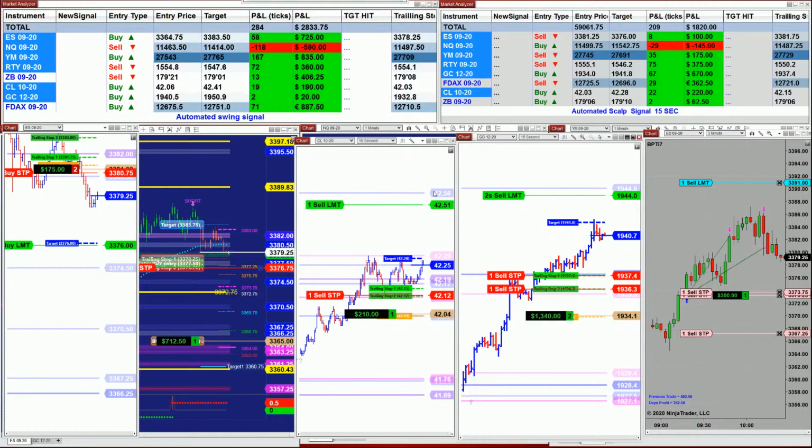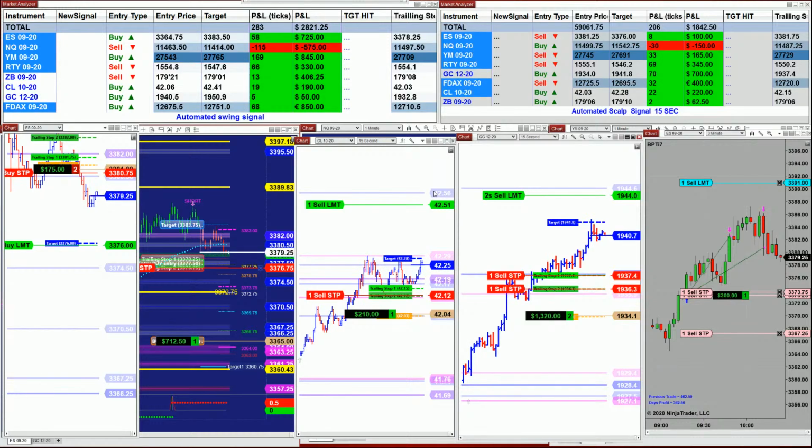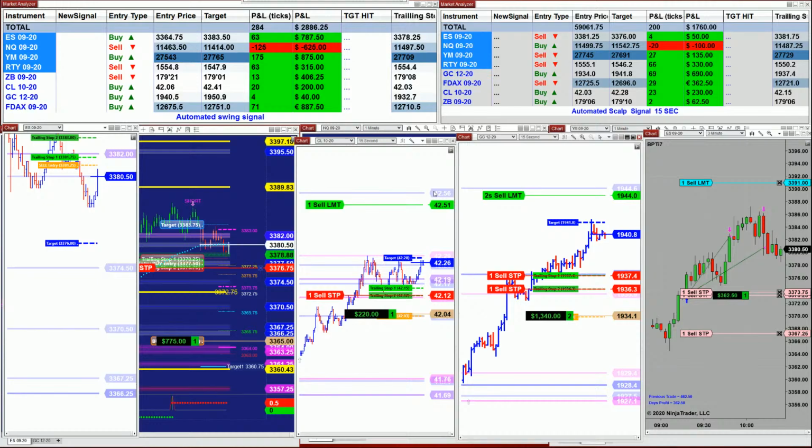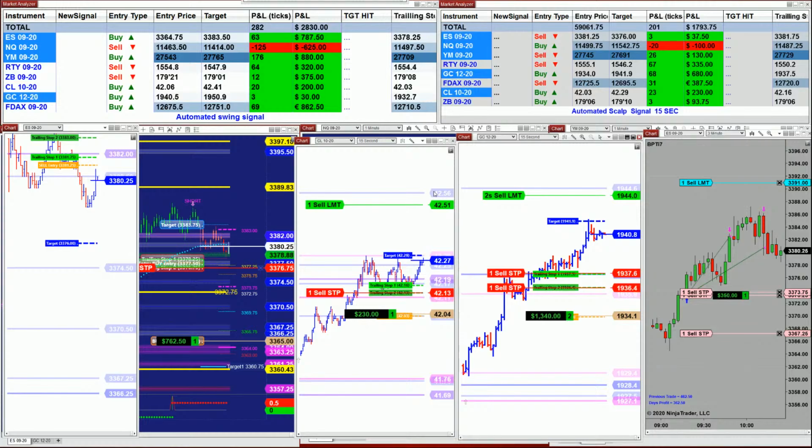And as you see, the ES, I said from the beginning, there is no short trade. The signal fired a short trade on the white chart here, and I'm not buying it. And look at this. You see? It went back to break even, because